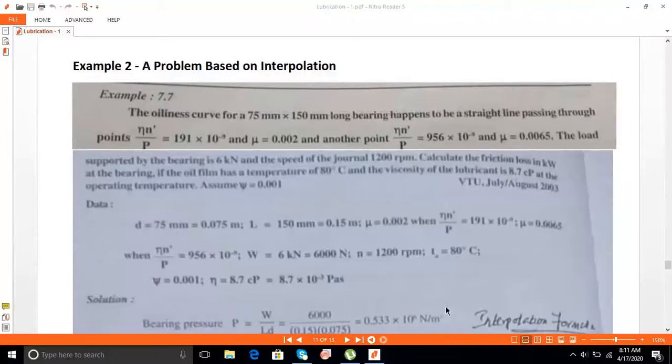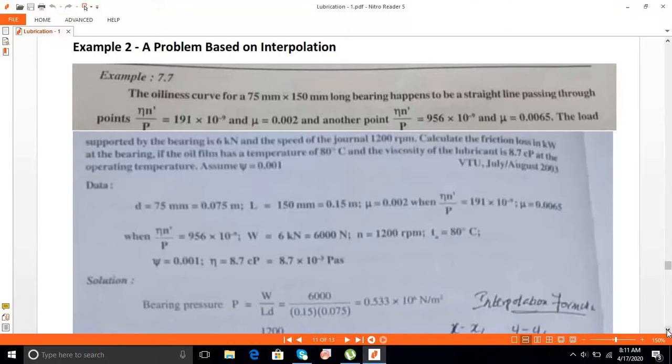So next we would like to solve a problem based upon the interpolation method. This type of problem or method arises in the design of gears as well as in the design of belts. So this method here, it says that the oiliness curve for a 75 mm into 125 mm long bearing happens